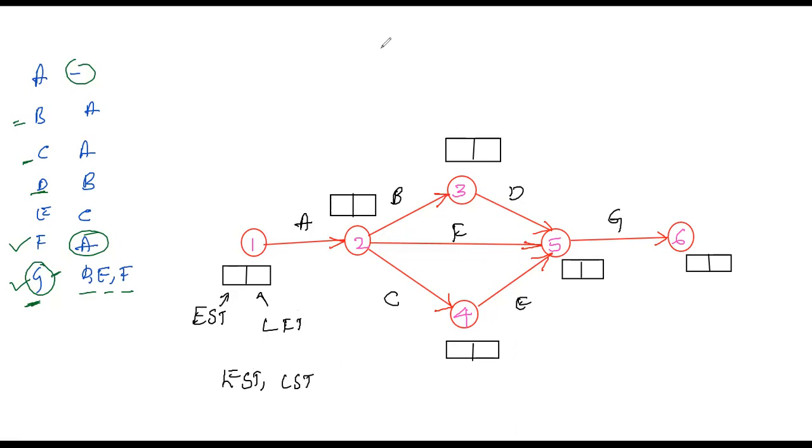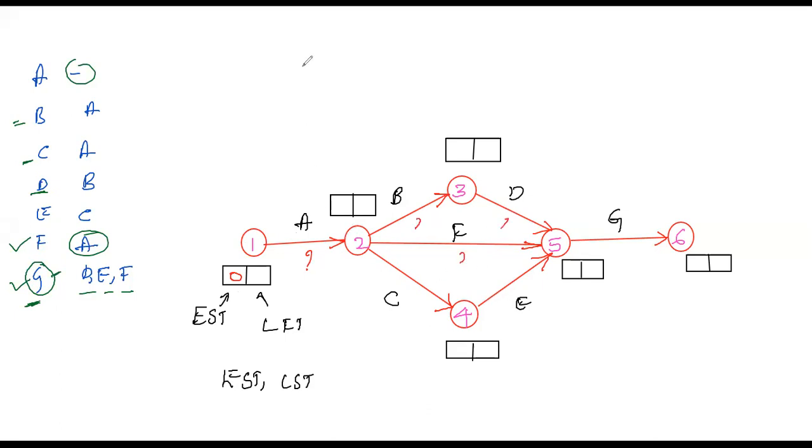So we know that this is in the beginning, the first activity, right? A is the first activity, so we can start at the 0th time. The time may be weeks, or it may be 0th day, 0th time, maybe in terms of day, week, month, whatever it may be. So always the first activity will start at 0. And if you want to construct this, we need a time, right?